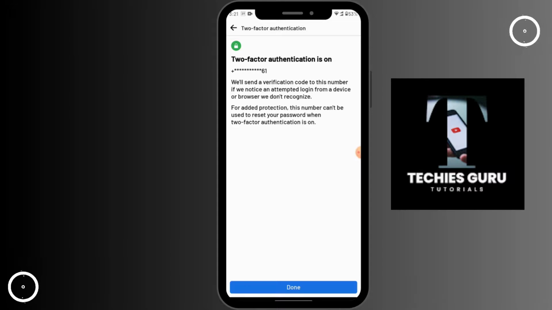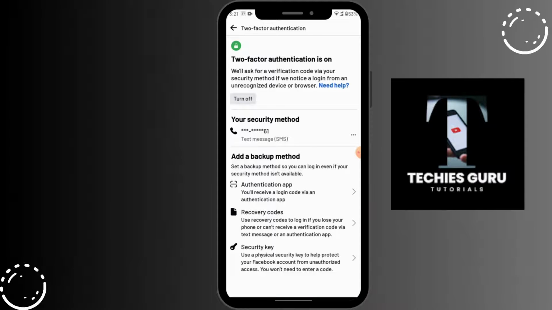So that's it guys, that's how you do it, and you can tap on Done, and now you have turned on the two-factor authentication. If you want to turn it off, then you will have a Turn Off option, and if you